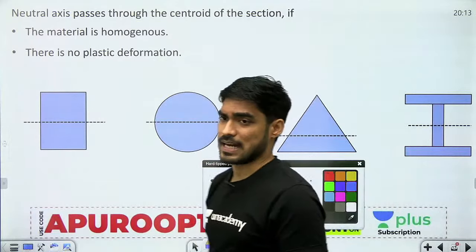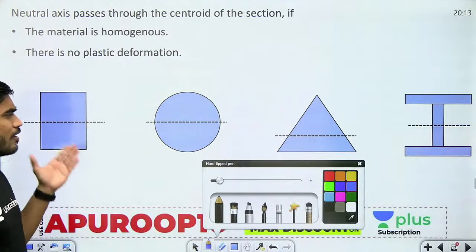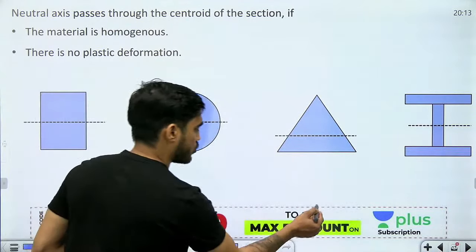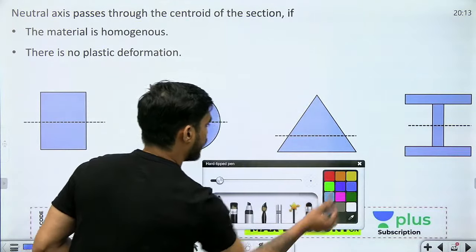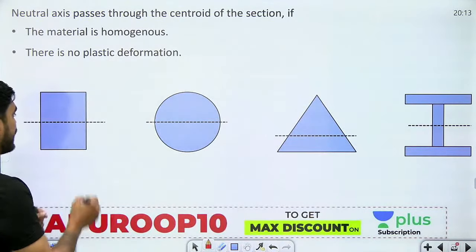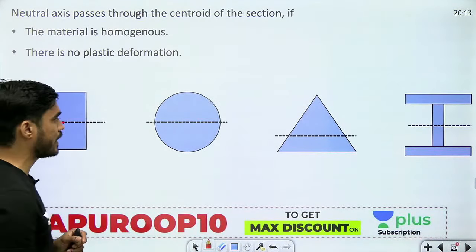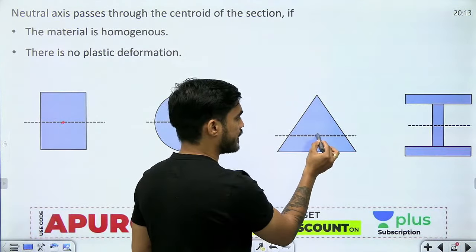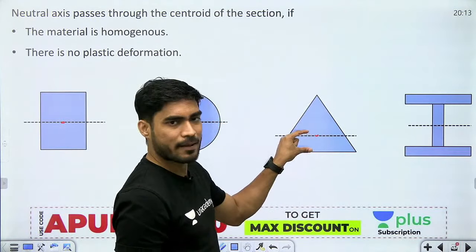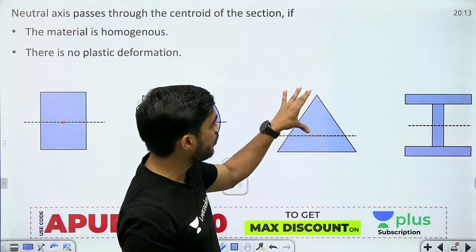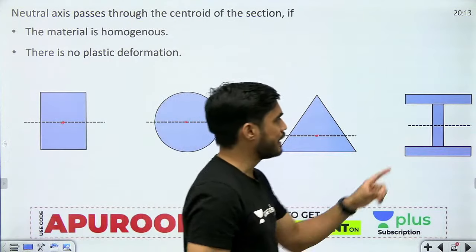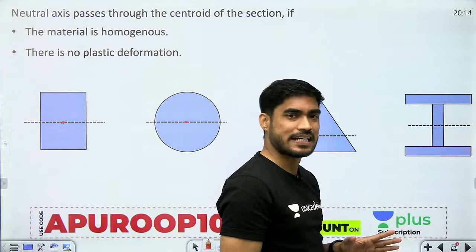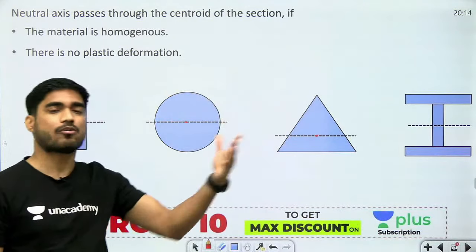Okay, now understand where will you get the centroid? All these cross sections have known centroid. इनका centroid जो है वो अपने को already पता होता है. For example, centroid of rectangle will be at the center, centroid of circle will be at the center, centroid of triangle will not be at the center. ये base से कितने पे होगा? Base से it will be at h/3 और top से 2h/3. Centroid of this symmetric I section will be at the center. T section का centroid आप calculate कर सकते हो.